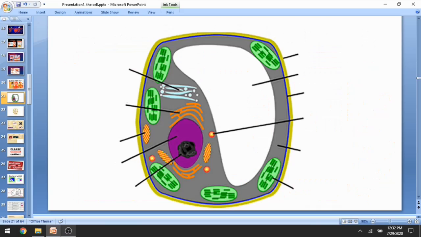Here I have mentioned some of my slides with no labels. If we need to brush up on our entire video, this outer layer is said to be the cell wall. This is a plant cell. Inner to this, the whole air sac, the large vacuole, is responsible for osmotic regulation and maintaining the cell shape. The blue line, inner to the cell wall, is said to be the cell membrane, which acts as a guard and is responsible for the in and out movement of material to the cell.